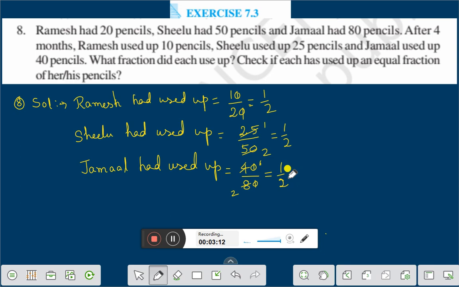So what fraction did each use up? That means each of them used up 1 by 2 part, right? And check if each has used up an equal fraction of her his pencil. Yes. Answer is yes. Each has